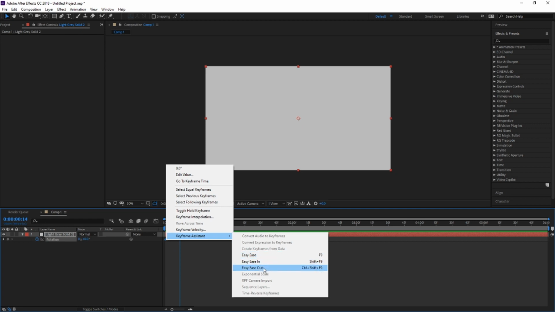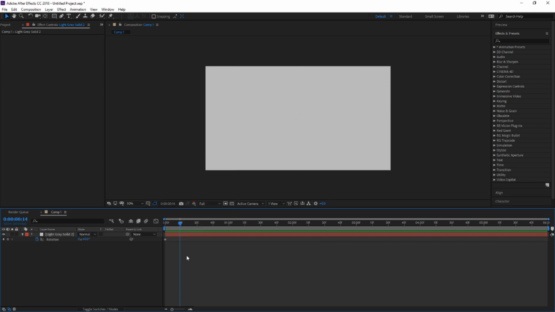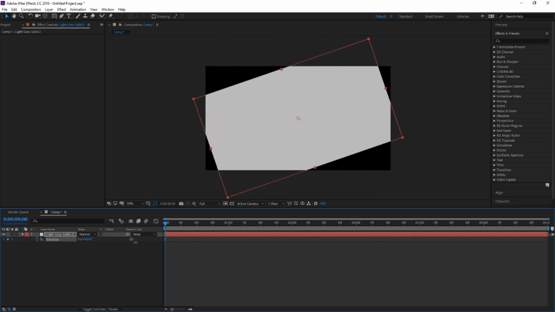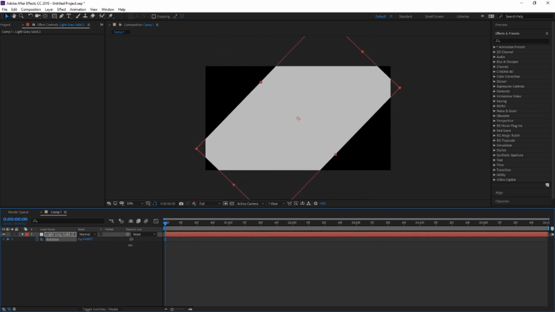Always Easy Ease. Don't use these two. Like, you probably won't need them. Everything looks smooth with Easy Ease. Or you can just highlight it, and if your keyboard works, you can click F9. And then you set this to like 90,